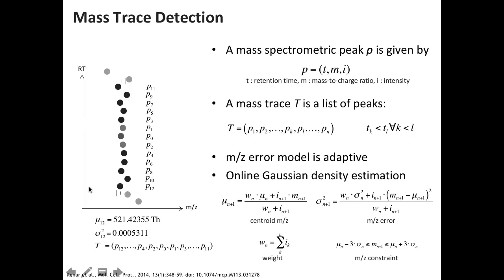So the sigma is iterated over, but between the highest or the lowest point, as soon as it's outside of 1 sigma? Yeah, so as soon as it is outside of the estimated error, then we no longer add to the mass trace. So we abort the search on the left and on the right.